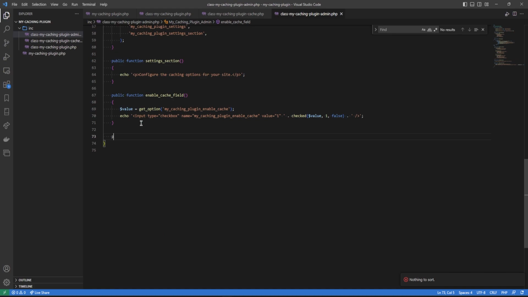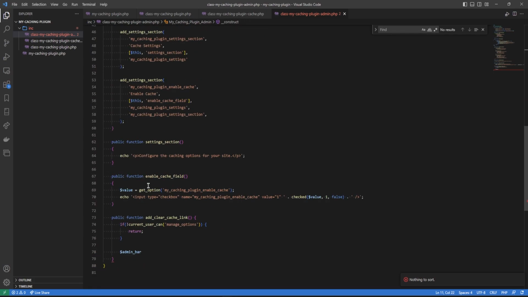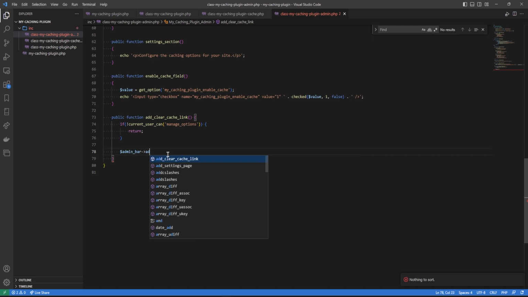Scroll down to the end of the file, public function add clear cache link. Okay, so first of all, we have to check if the user has permission to clear a cache. So if not current user can manage options, then we will return. So if the user is not an administrator, then we will return, so it won't work. If yes, we will do admin bar. This variable is available in this hook. Admin bar add menu